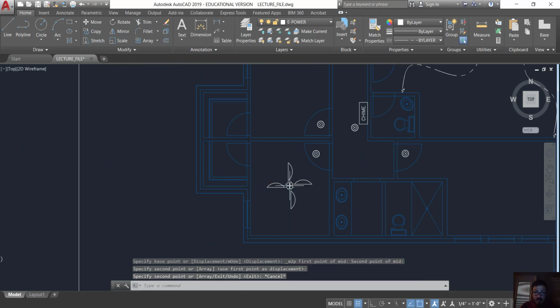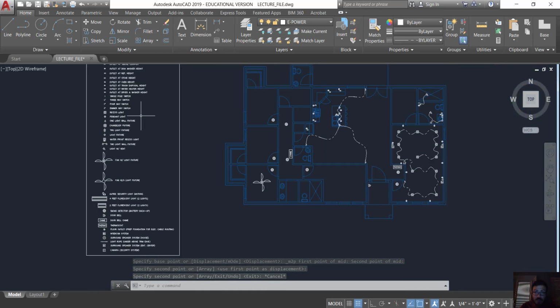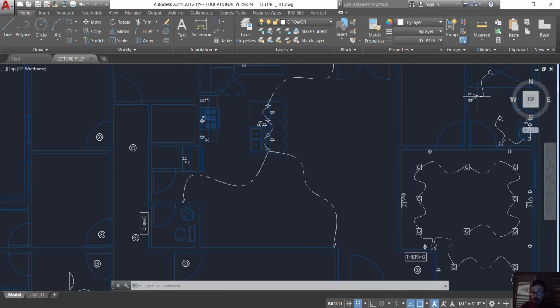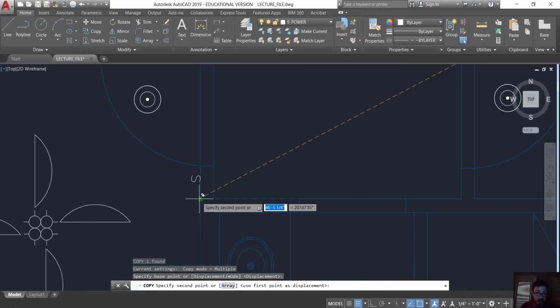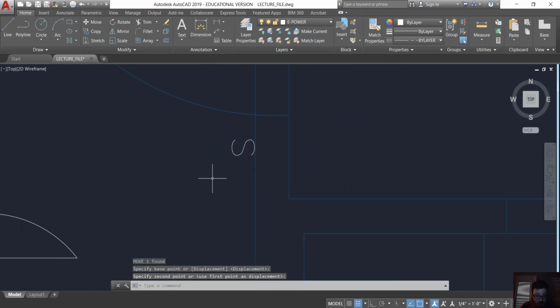So if I were to have this fan, I could do something special with this fan in the sense of I can have it to where it's only a switch that goes to the fan by itself and then the lights by themselves, or I can have it go